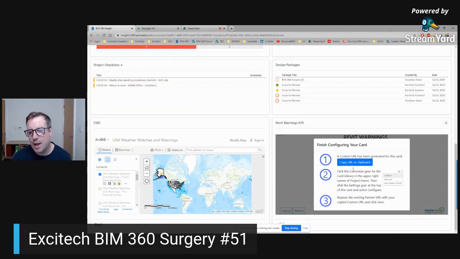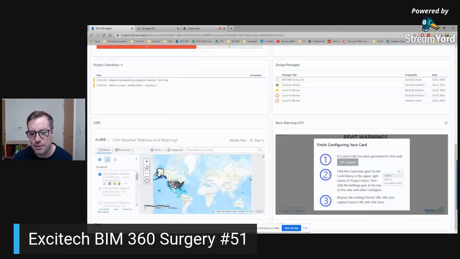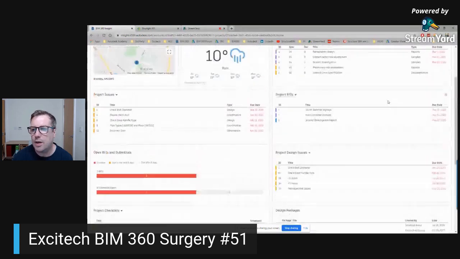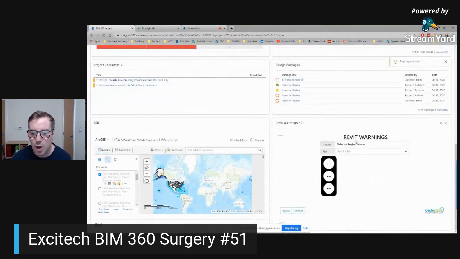So basically, it needs a custom URL so it can recognize your BIM 360 account HQ number or your ID number. So we copy that URL. Then we will go to customize again and configure, and we replace this partner URL with the updated one. So basically what it does is it takes your partner URL, your ID number, and then incorporates it in, and then we click save, and then we can go and we save the partner card,